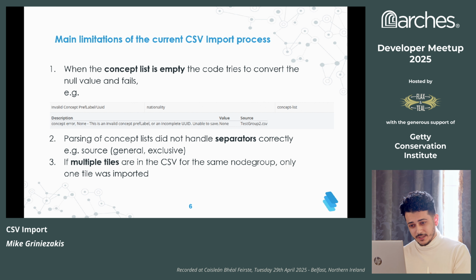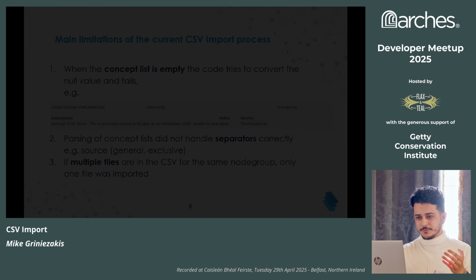And lastly, it was the multiple tiles issue: if the user added multiple tiles to the CSV, so let's say we want to add many names to that CSV, it only found one, it brought that one, and the rest were ignored. So using these main limitations,